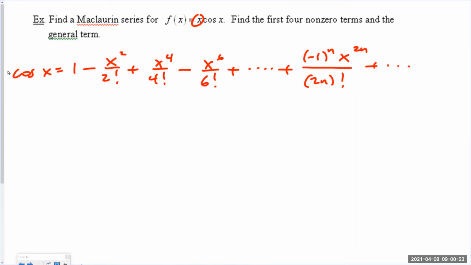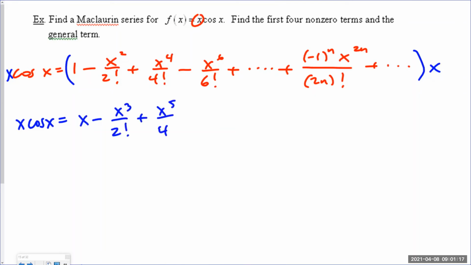Okay, so what I want to do is multiply this side by x. But if I multiply this side by x, I also have to multiply this whole thing by x. Does that make sense, guys? Don't just multiply the first term by x, okay? So that means x cosine x is equal to, if I multiply this by x, x minus x cubed over 2 factorial plus x^5 over 4 factorial minus x^7 over 6 factorial plus dot, dot, dot